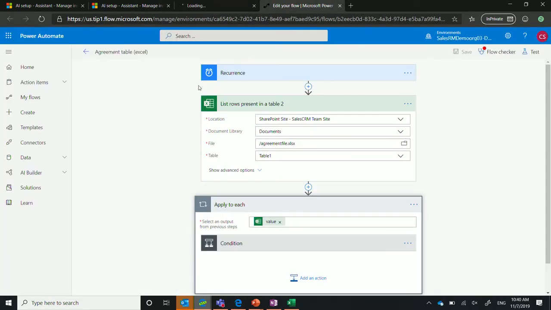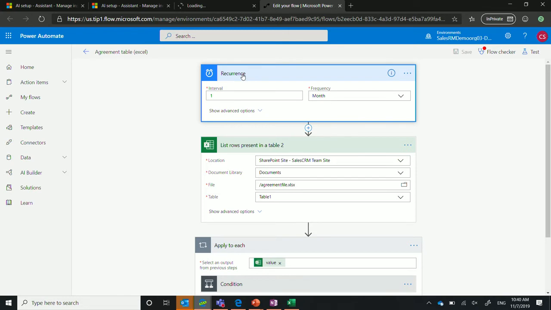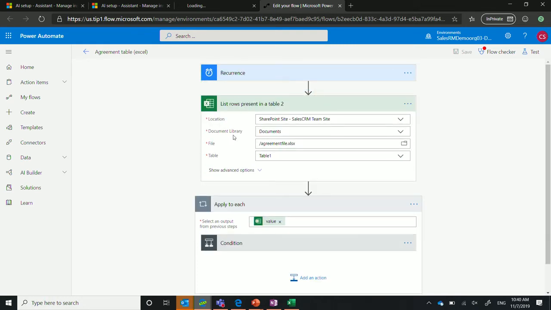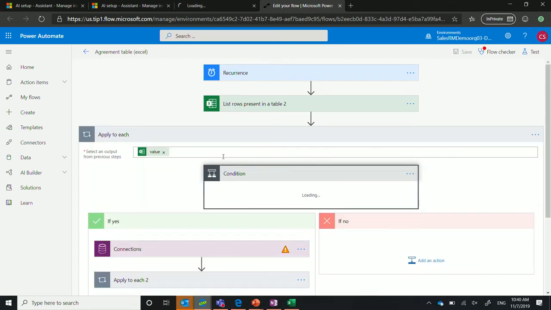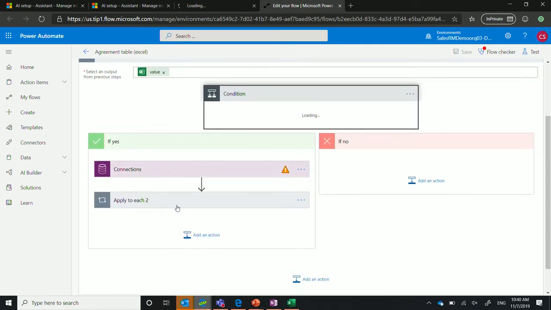And so once you start editing it, you actually are being moved into Power Automate, and you have the same capabilities that you have traditionally from Power Automate. So you can use any trigger. In my example right now, I basically said, well, maybe you're tracking all of your agreements in some table in Excel where you track the renewal date. And so I just said, okay, well, let's get that table on a daily basis,